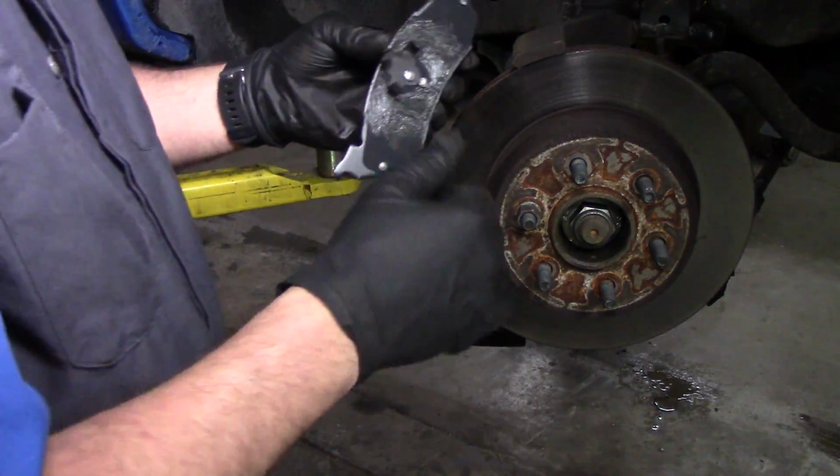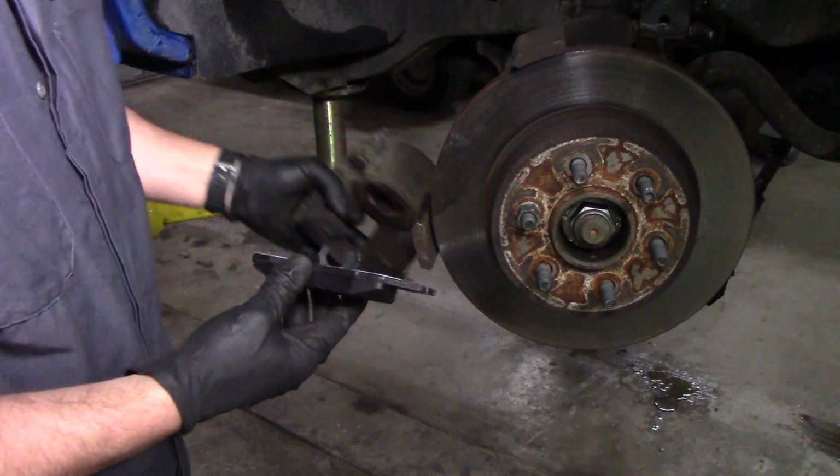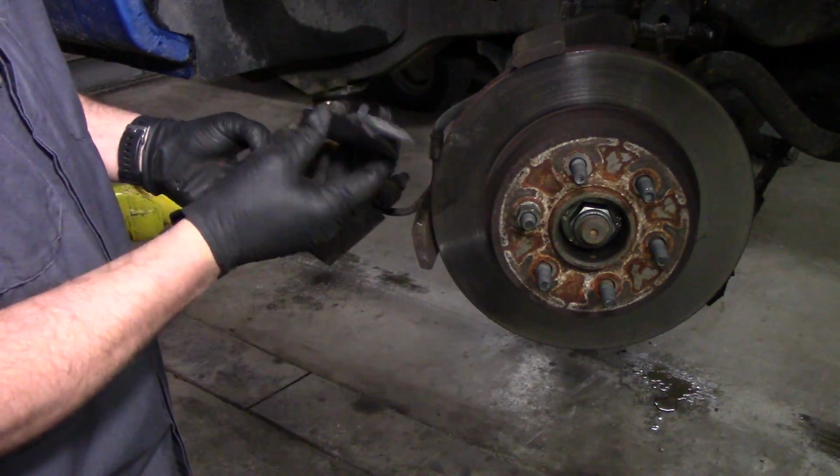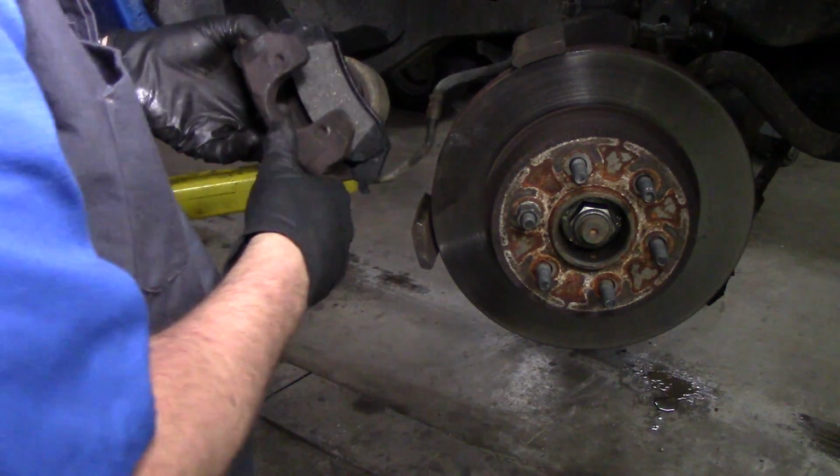Now on this model, on this truck, these little three prongs are actually what hold this onto the brake caliper. Just make sure you don't put it in backwards. Make sure you put it in correctly. You're just going to push them in. Simple as that. And then once it's in,